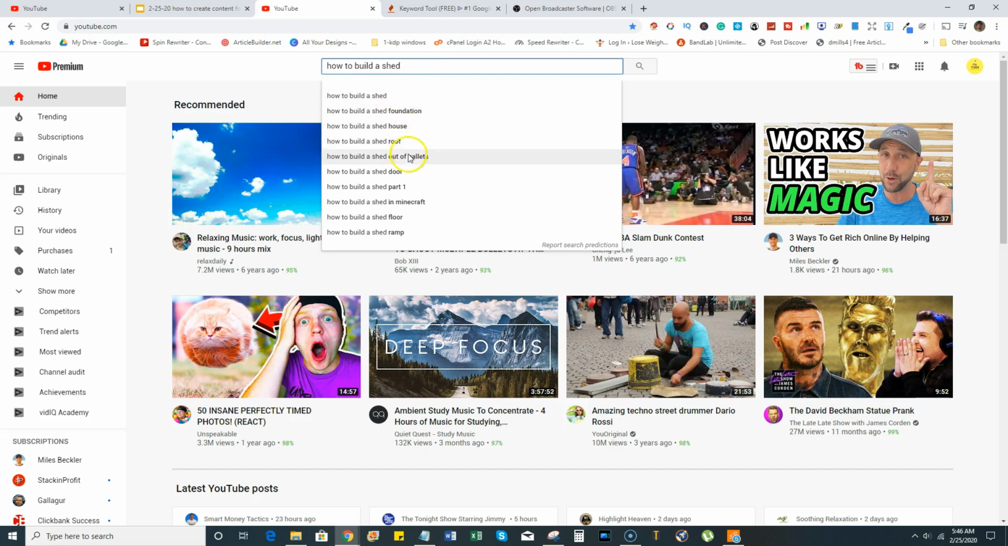As you can see, how to build a shed out of pallets, how to build a shed roof, those are all going to have to do with construction. But if you scroll down here, you'll actually see that there's how to build a shed in Minecraft. So looking at these 10 keywords or so, most of it's going to have to do with construction, but in this case, there's also a video gaming niche inside there as well. So we're going to stick with just how to build a shed,